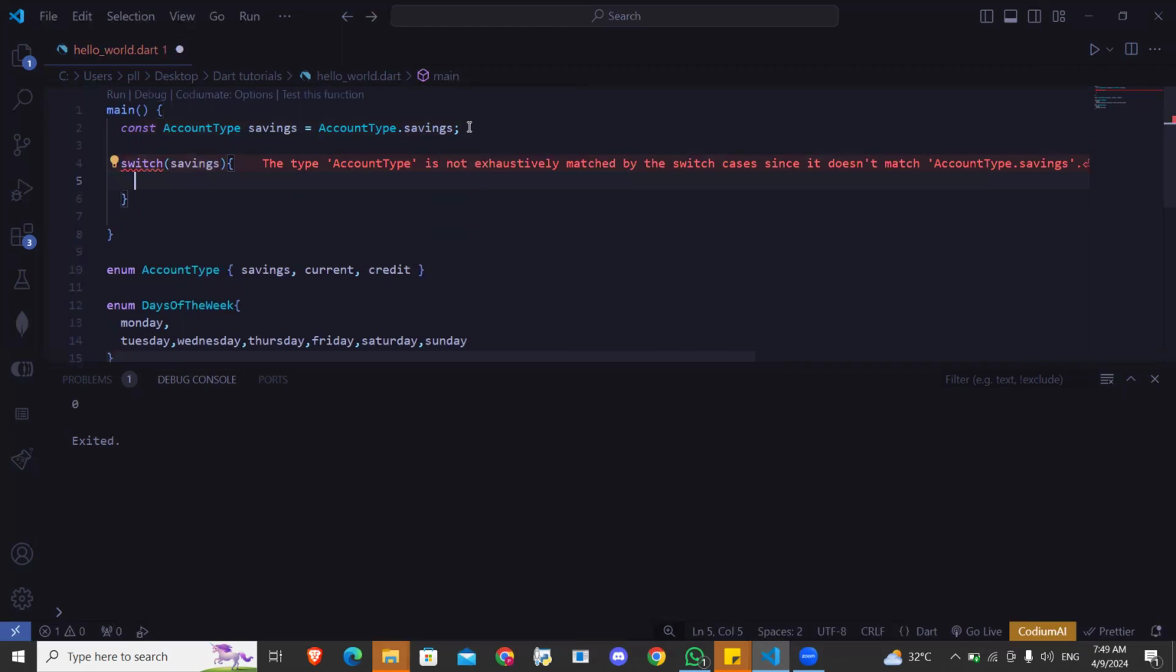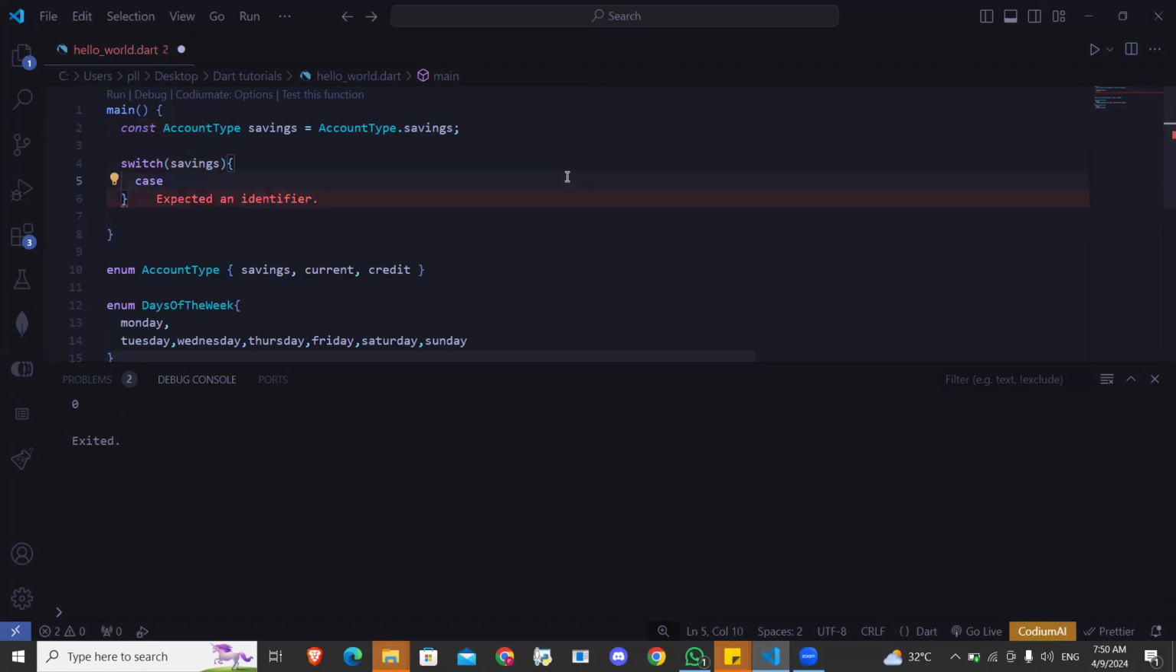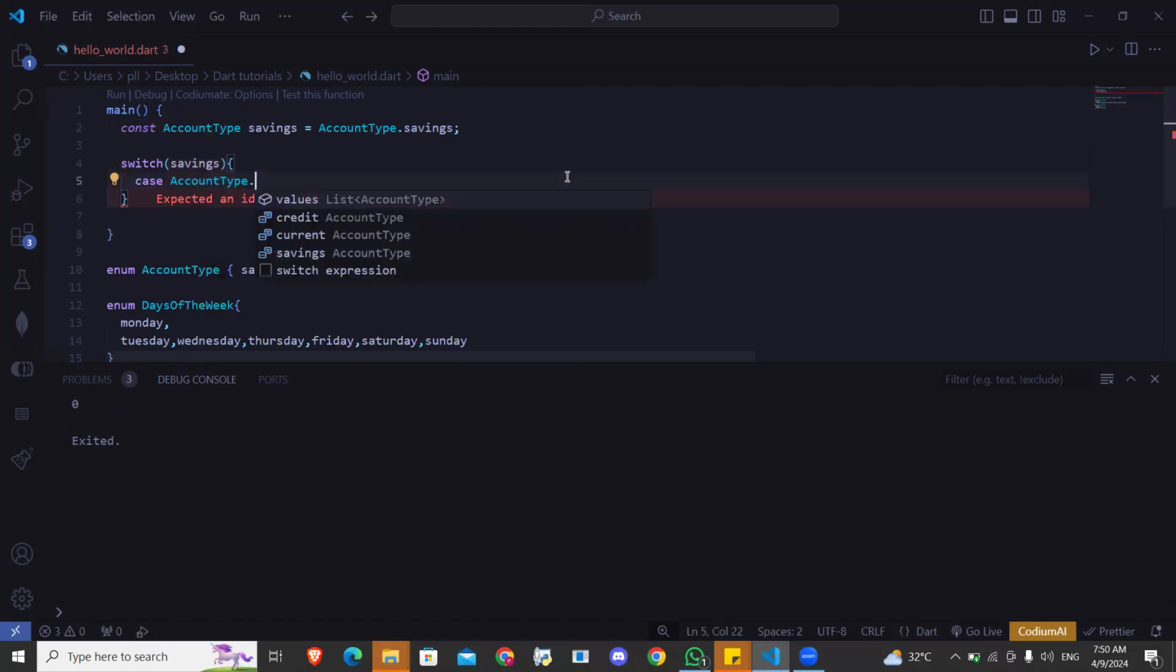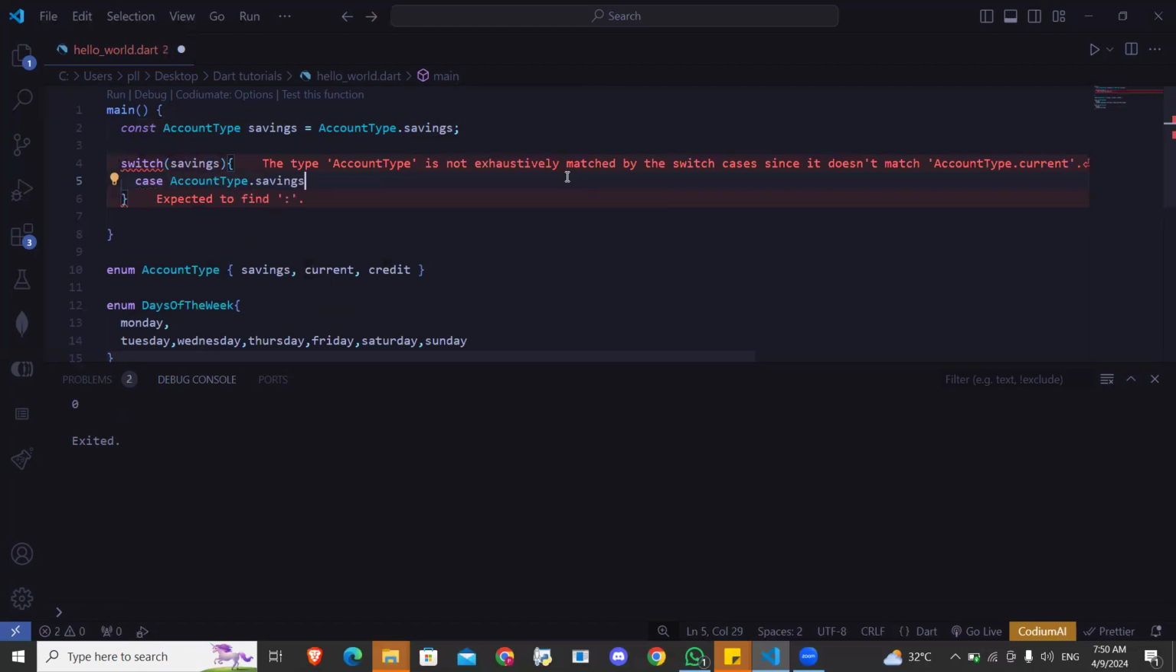Sorry, I wouldn't want to discuss this because it might confuse you more, but it's telling us that the account type is not exhaustively matched. So what it means is that we have to match all the account types. That means we have to provide all the cases for the account type. So we say case when account type, we are saying account type dot savings. In case the type is account type dot savings, we want to print,